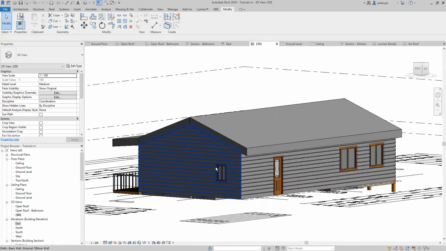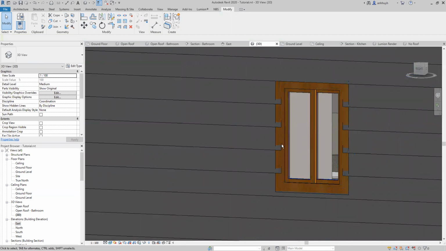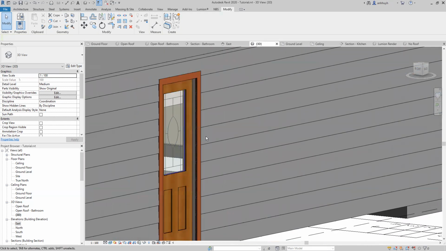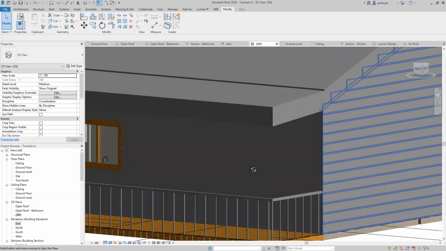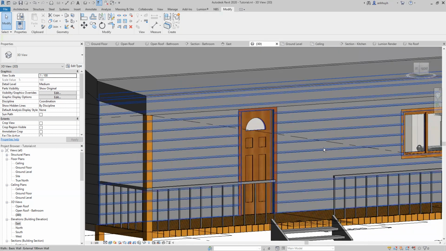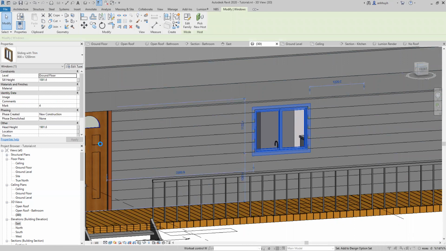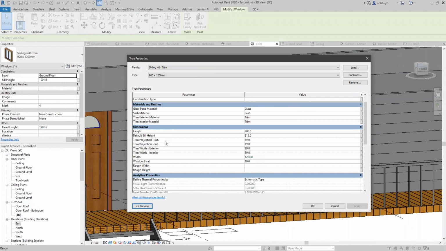Now, another problem that you might notice is that if you scroll in, you see that the cladding kind of protrudes into the windows and also the doors. It's less of a problem with the door here, but the windows are definitely affected. So you can fix this by clicking on the window, and you can change, let me hide this window. Okay, you can change this trim projection external. Okay, so if we double this value, so it's 19 at the moment, if we double it to 38,